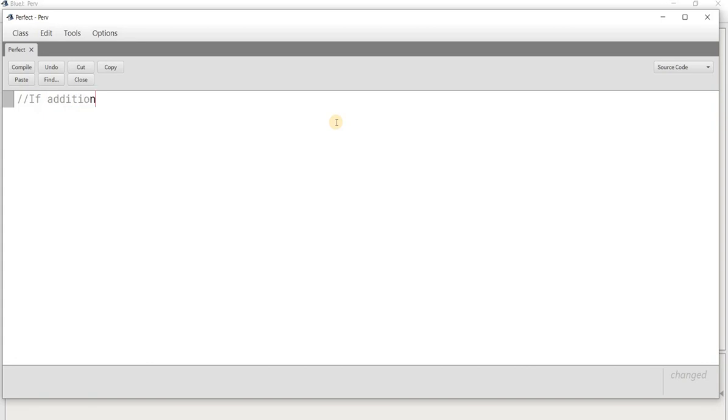If the addition of factors, excluding the number itself, is equal to the original number, then it is a perfect number. So I am taking scanner,